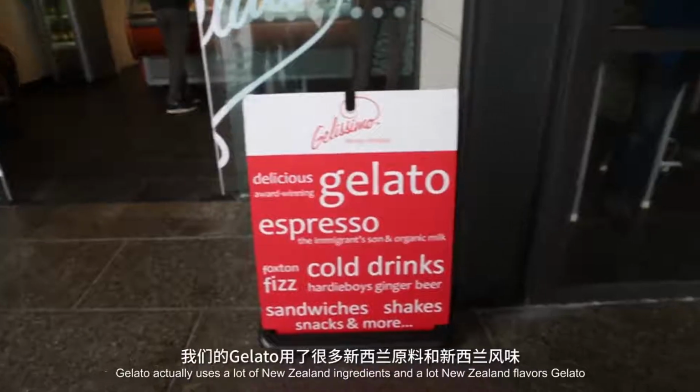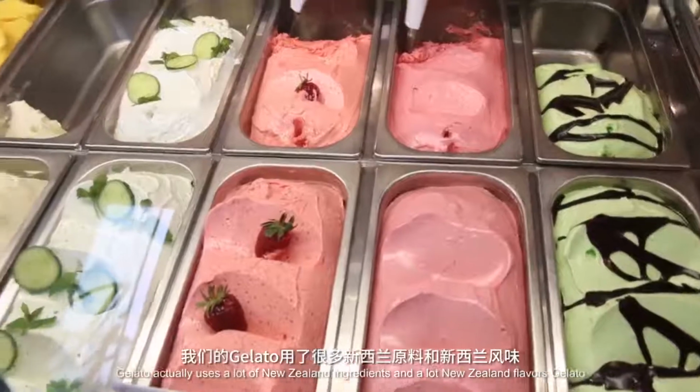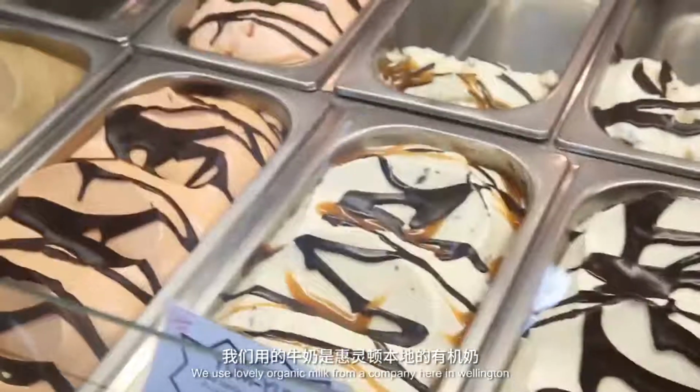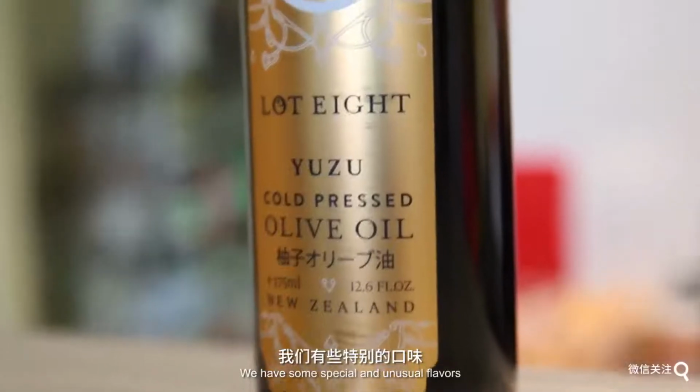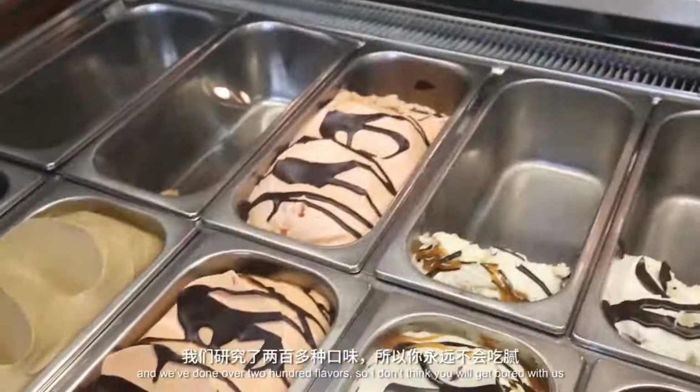Gelato that actually uses a lot of New Zealand ingredients and a lot of New Zealand flavours. We use lovely organic milk from a company here in Wellington. A few of our gelato have also won quite a number of awards and medals over the years. We have especially some of our unusual flavours, and we've done over 200 flavours, so I don't think you'll get